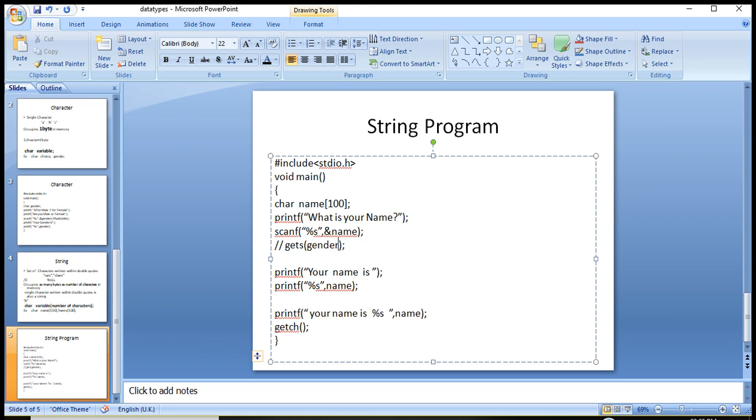So I have cleared character type and string. We have learned the char data type is used to declare character or string type data, and character type data always occupies a single byte of memory.